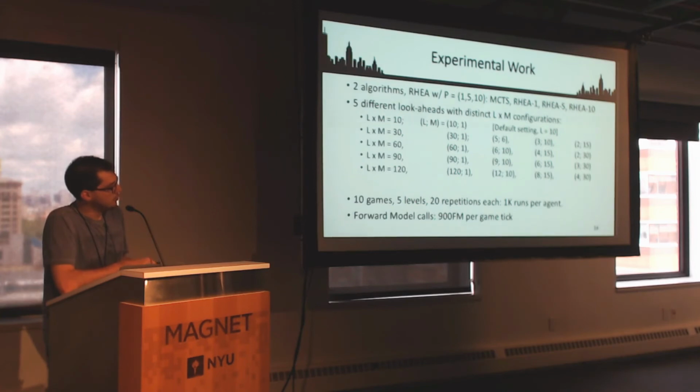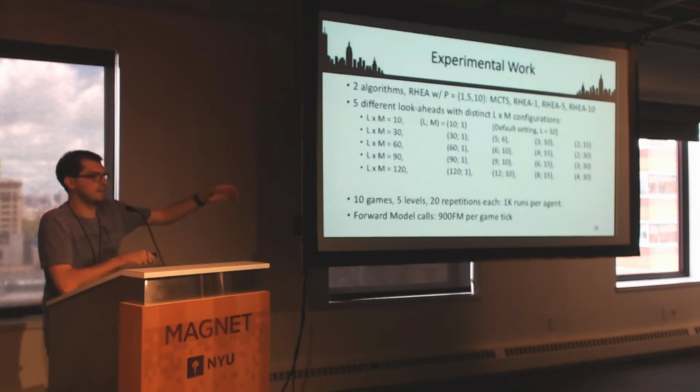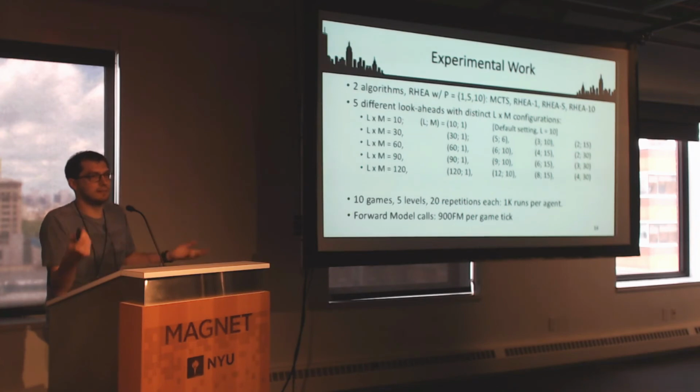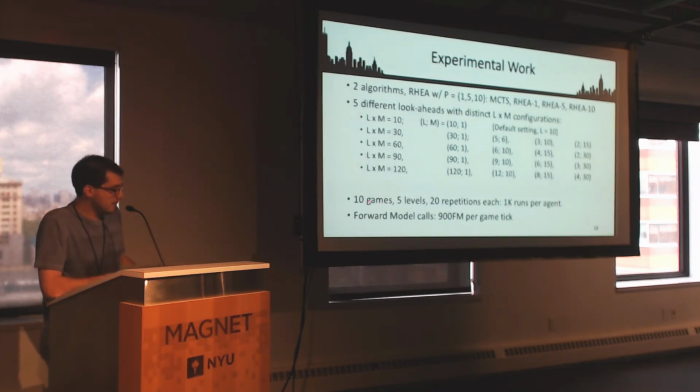And then as you go to this part of the chart, you are combining. So that could be, for instance, doing 5 actions, each one of them a repetition of the same action 6 times. And that gives us the whole setting. Just the first one is the default setting, and we want to compare this one as well. This is basically 10 moves ahead with single actions. That's the default MCTS that is used in most studies, and also the sample controller in the competition. We tried the 10 games that we have for this first training set with real physics,